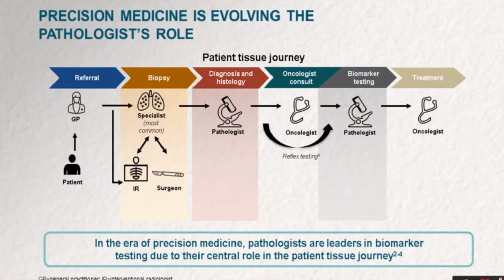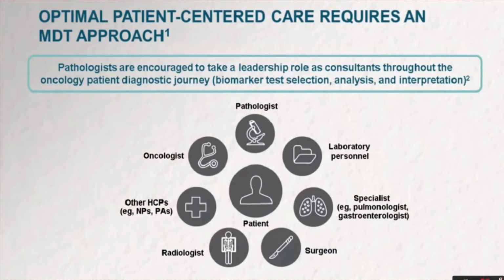So clearly, pathologists are key leaders in biomarker testing, and they really play a central and pivotal role in the patient's tissue journey and in the patient's treatment outcomes. The optimal patient-centric care is really a multidisciplinary approach. And as physicians, we always should keep patients in the center of our minds, in that we're doing these tests